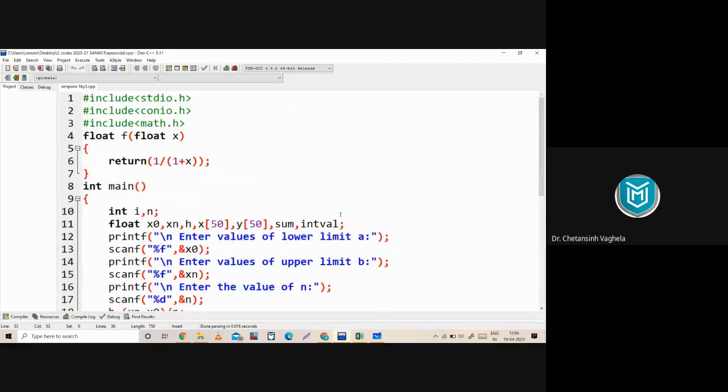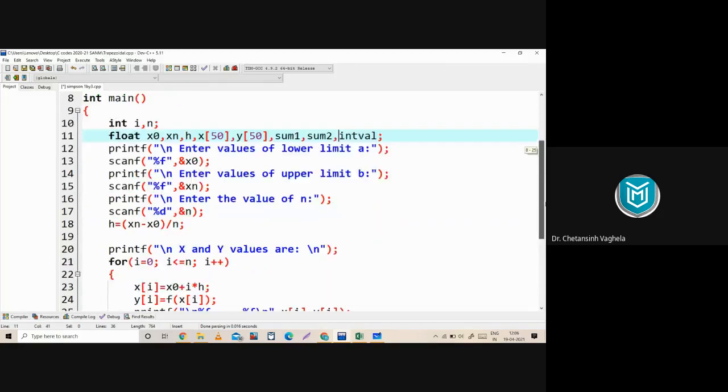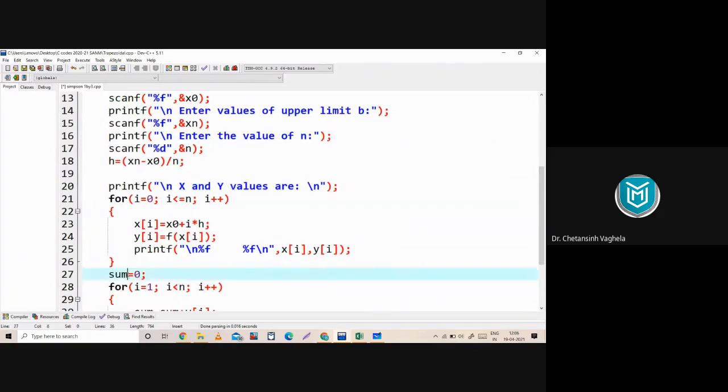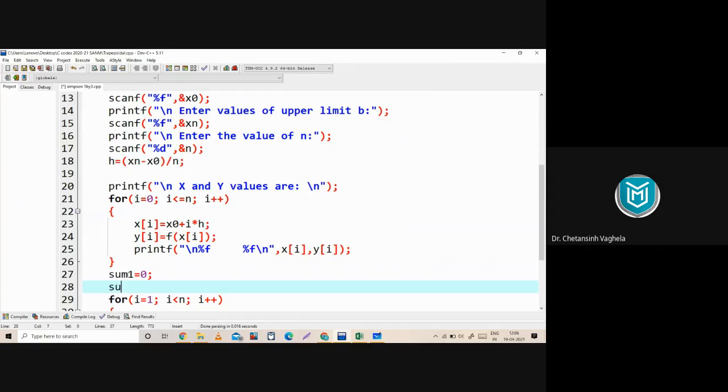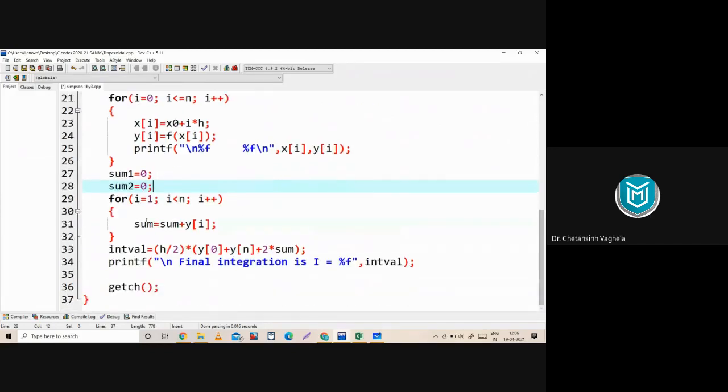Now let's make changes. So the first change is this: instead of a single variable sum, we need to take sum 1 and sum 2. Then next, here we have sum equal to 0, so we need to take sum 1 equal to 0 and sum 2 equal to 0, because we have two sum variables here. Then here, instead of sum equal to sum plus yi, we need to separate them into odd and even. So for that we need to use an if condition here.